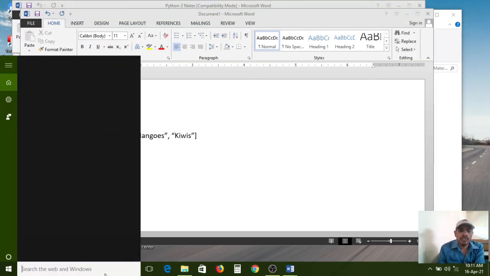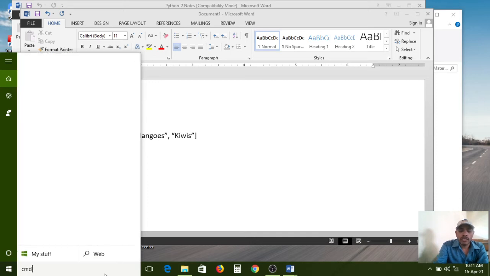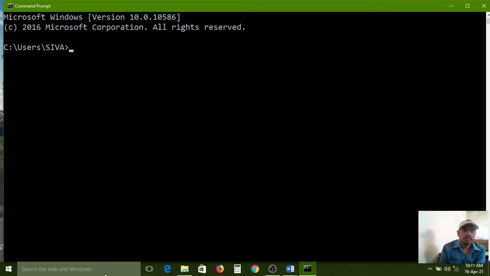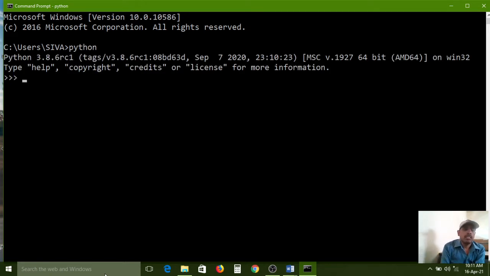And we have one more way now. Directly type the CMD command in the search bar. Open the command prompt like this. In this, simply type python and press the enter key. Automatically the Python shell window will connect from the command prompt to the Python shell window, like the IDLE window. It can connect from there to here. So this is the command for that.